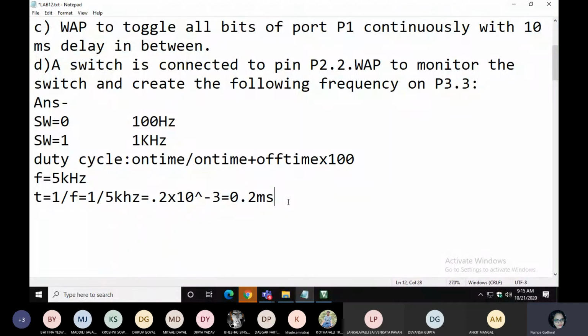On is when your LED is on, that is called on time. The period where your LED is off is called off time. So 50% means this 0.2 millisecond is the period of one cycle. For 50% duty cycle, you have to divide this 0.2 millisecond by 2. Then your on time will be 0.1 millisecond, and off time will be 0.1 millisecond. So your LED is on for 0.1 millisecond and off for 0.1 millisecond. That is called the 50% duty cycle.